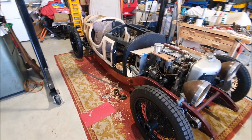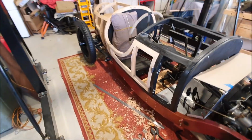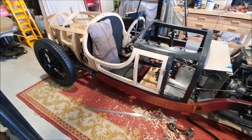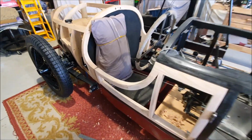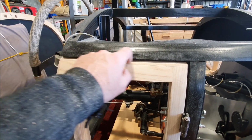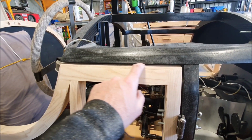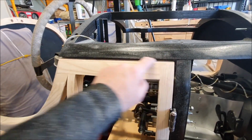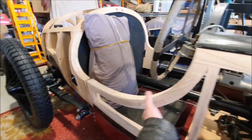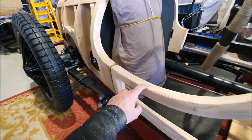Onto the car. So I did glue on extra pieces onto the doors, and I've basically spent all day trimming those off and reshaping the door to get the fit much better. I also planed the top here. I can't remember what the gap is here, 7/32 of an inch, something like that, seemed about right. I used a drill bit, and I'm going to use the same gap around here, and the door now fits much better. You can sort of see the piece I glued on,